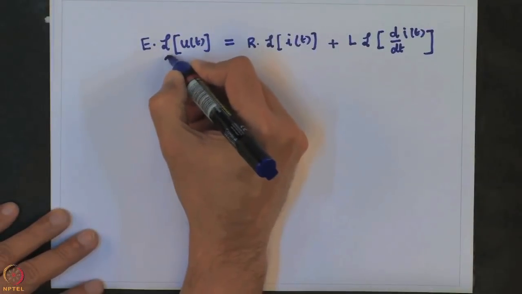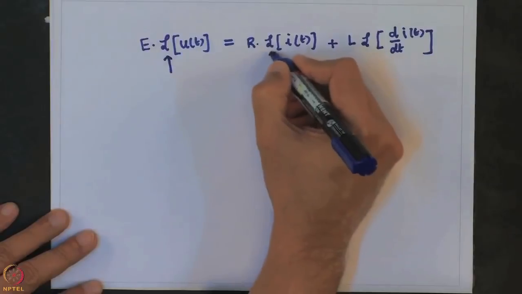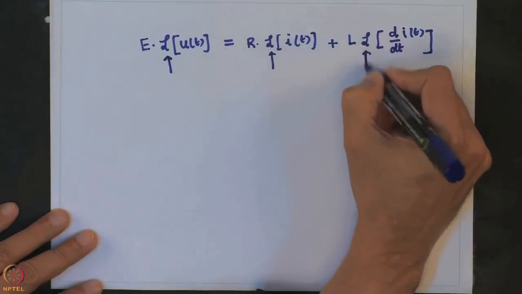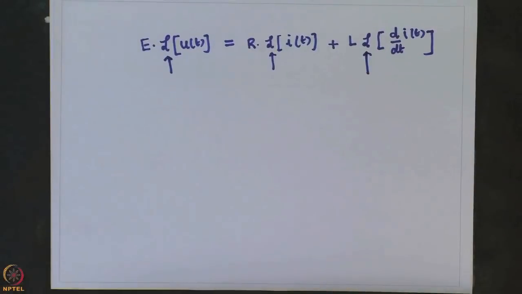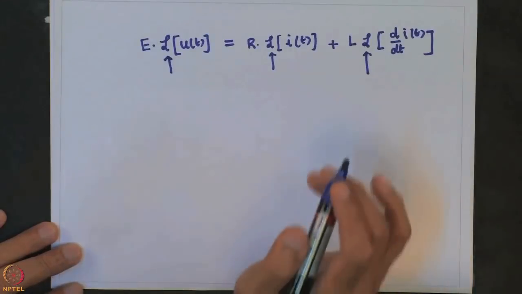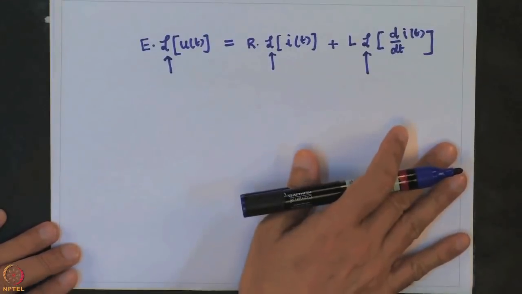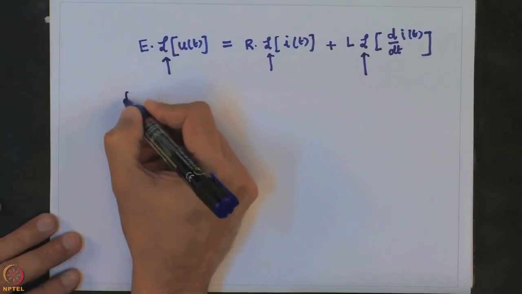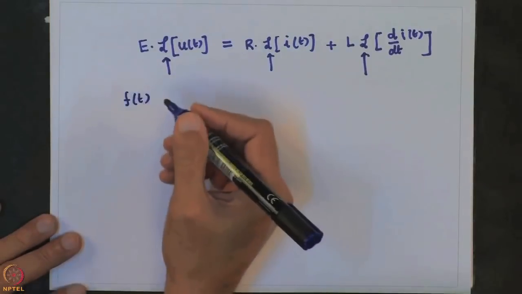Now, this old style capital L is used here to denote the Laplace transform. So, when we write the old style capital L of u of t or of I of t, we basically mean that we are doing the Laplace transformation of u of t or I of t or the derivative of I of t. Now, by definition, if I want to do the Laplace transform,